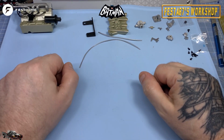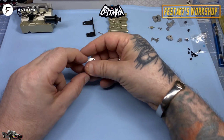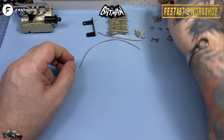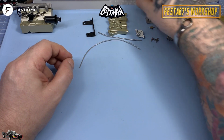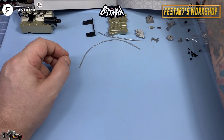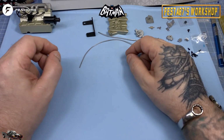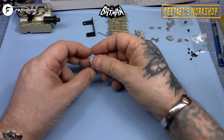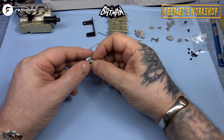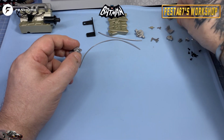Right, let's grab our bits and pieces, shall we? So let's just check all our parts. And we've got 10G there. Okay, so we just want to make sure that we're getting all the right bits. So in section 1, we want 10E, which is that bad boy, okay, and 10H, which has got a little semicircle on it. So let's find that,